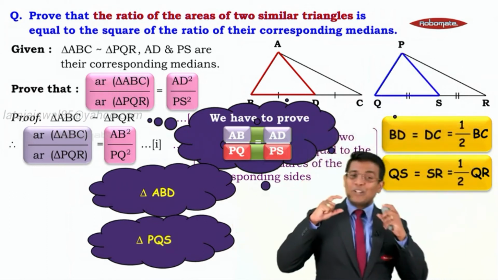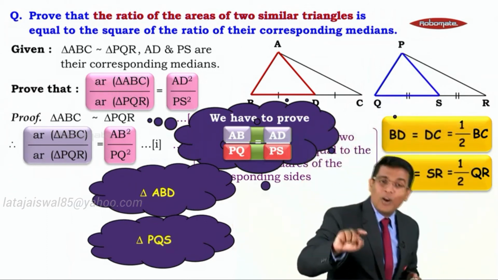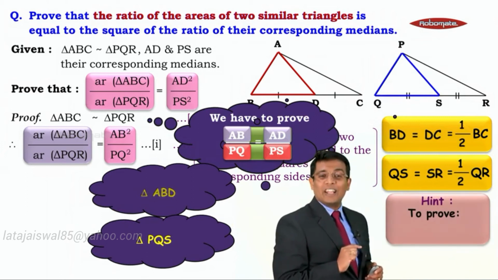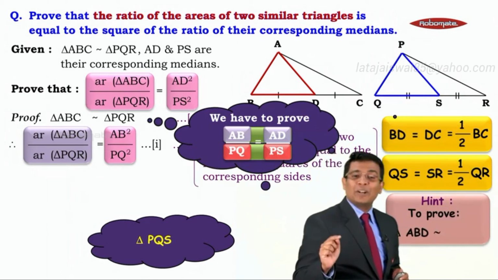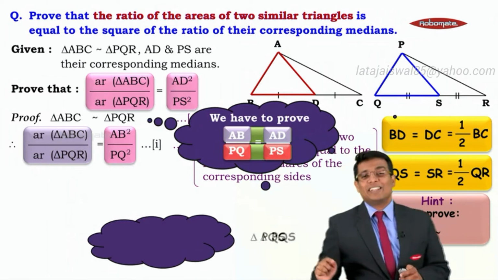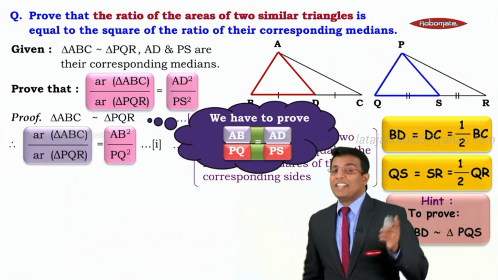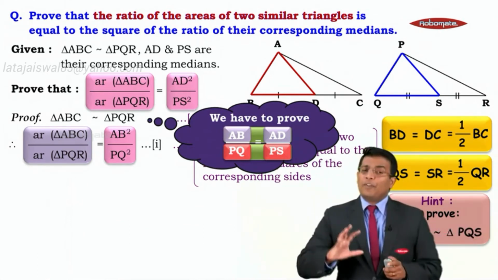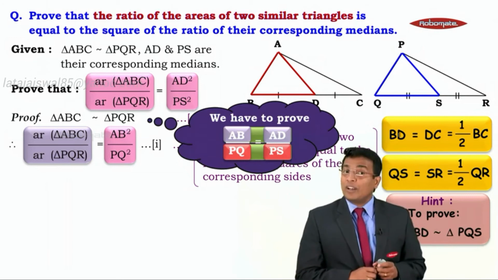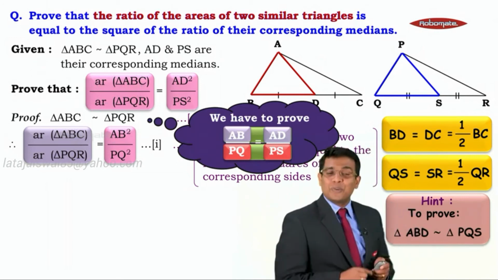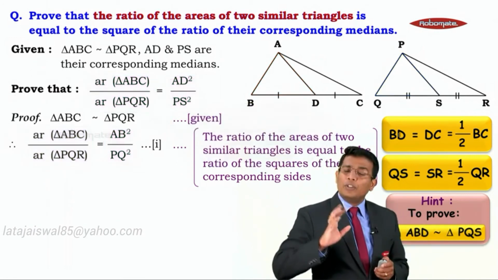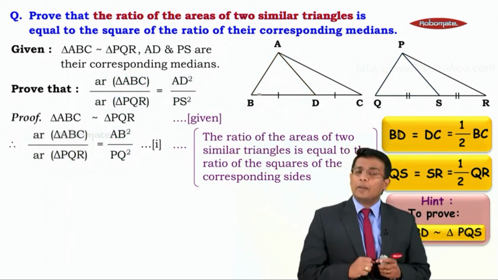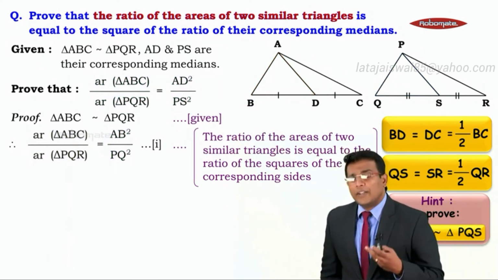That means if you want these ratios to be equal, we somehow need to prove that triangle ABD is similar to triangle PQS. The moment we get this, we'll get the ratios equal and we can substitute that and get the right hand side of the proof done. So now somehow we need to get these two triangles to be similar. Which one? Triangle ABD and triangle PQS, right? And when we focus on these two triangles,